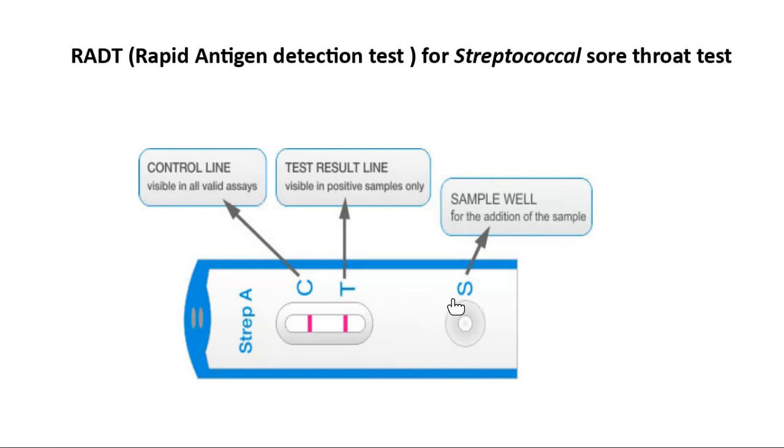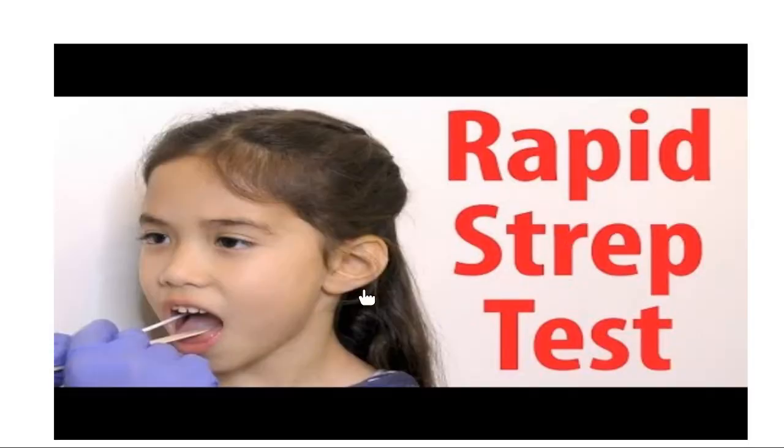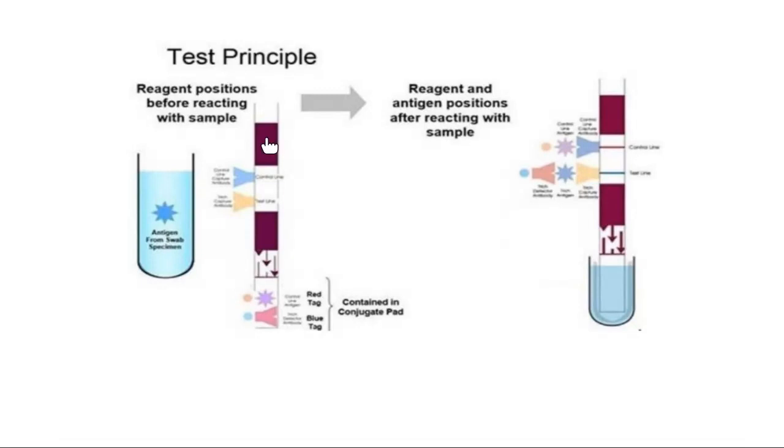First of all, this test is not the replacement of the blood culture. When you find beta hemolytic colonies on the blood agar, then for the confirmation of streptococcal infection, you perform this test. In this test you use the swab which is embedded into the solution, and after this take 1 or 2 drops and put them here, or in the previous method put this strip into the solution.